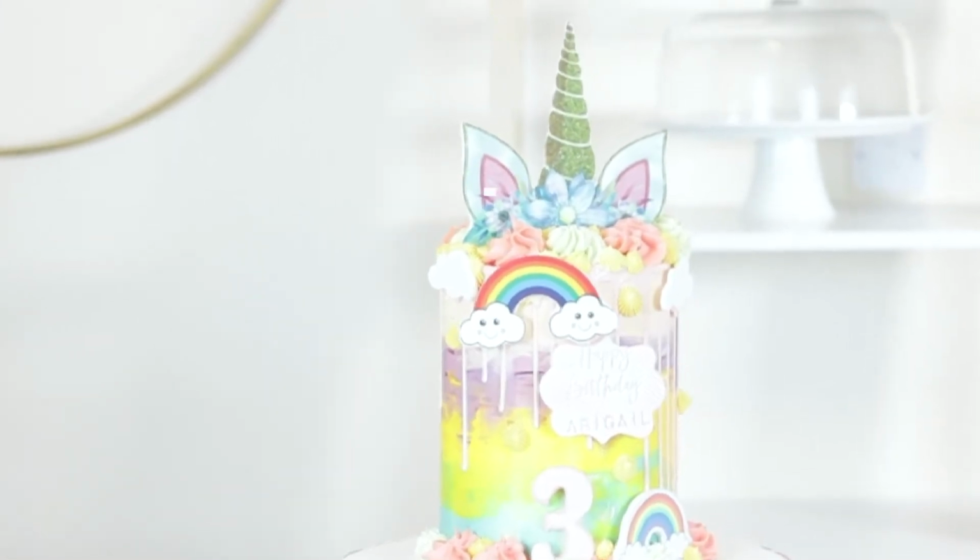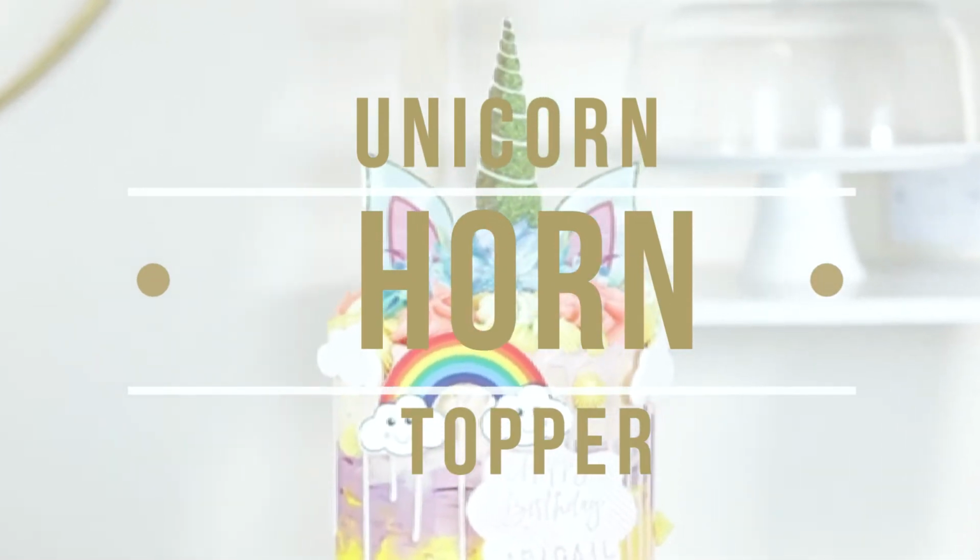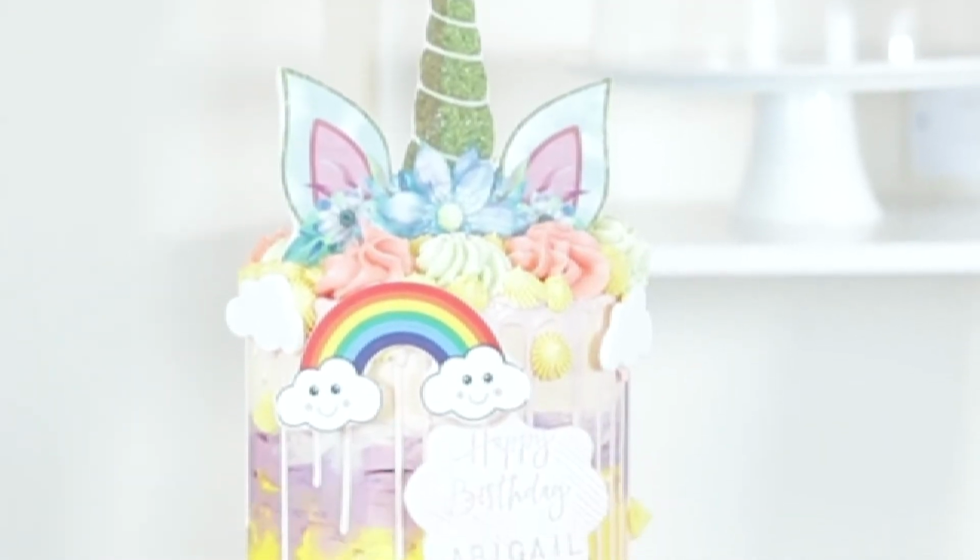In this video, I'm going to be showing you how to make this unicorn horn topper using a printed image on an icing sheet. A unicorn horn can be hard to make, and a little mistake modeling this can leave the horn looking like a certain male body part. So in this tutorial, I'll be teaching you a simple way to get this done without the trouble of fondant